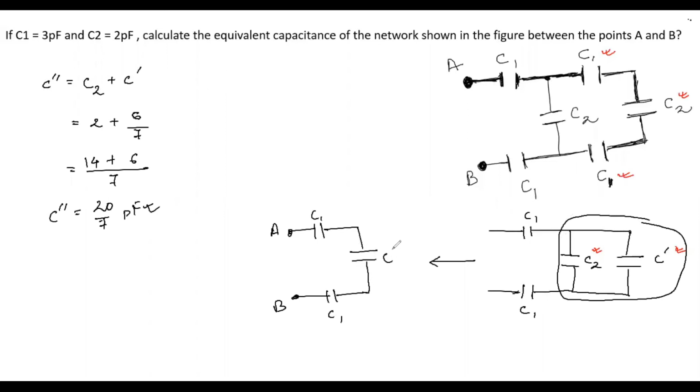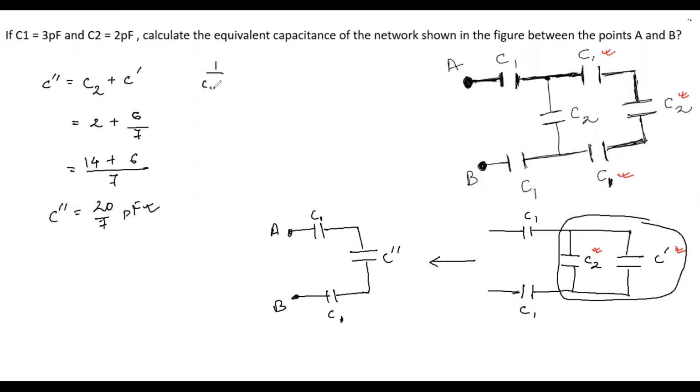I will consider one single capacitor with 20 by 7. This single capacitor is the effective capacitance of these 2 capacitors, C2 and C dash. Now as you can see in this diagram, these 3 capacitors C1, C double dash and C1 are connected in series. So now we will be able to